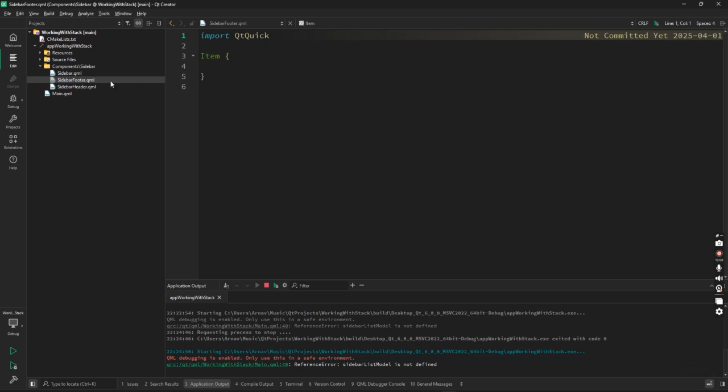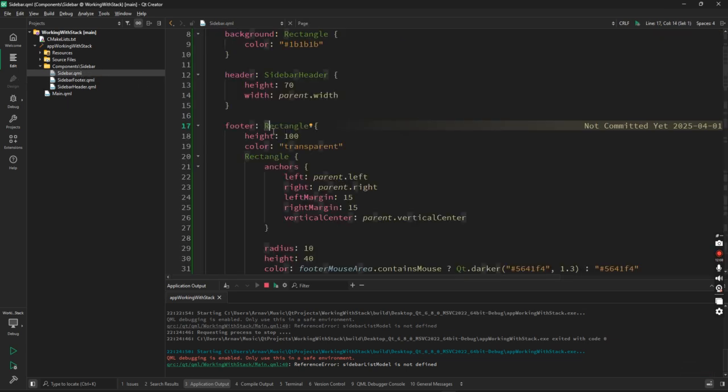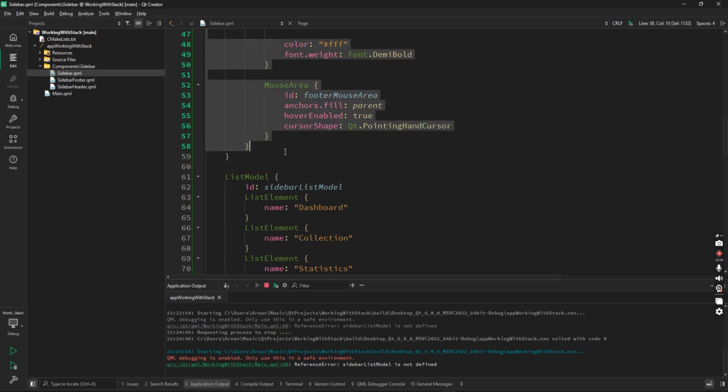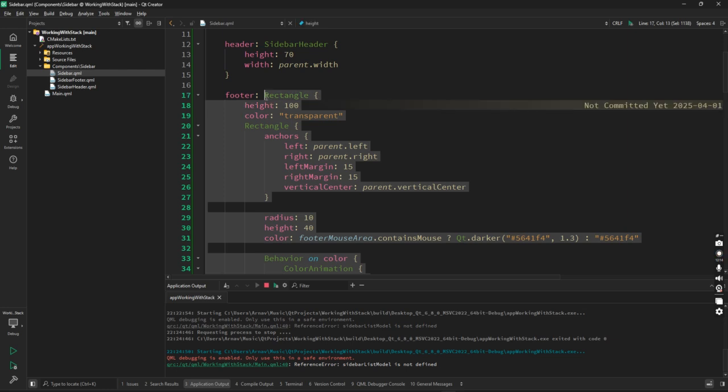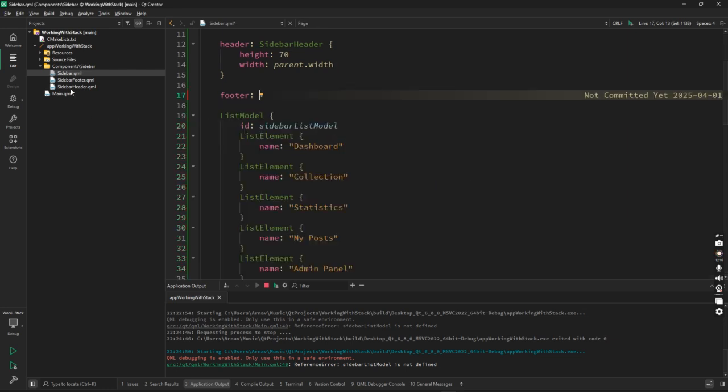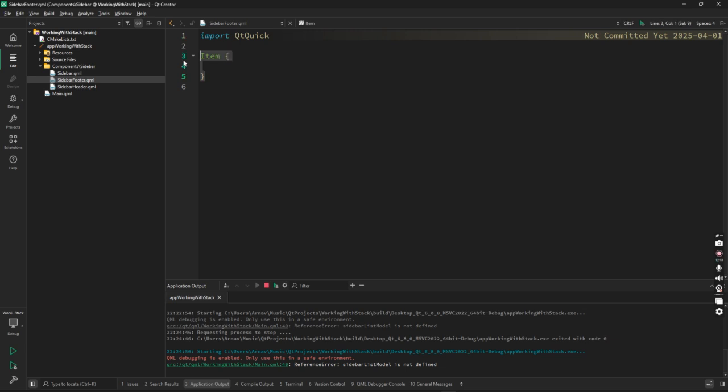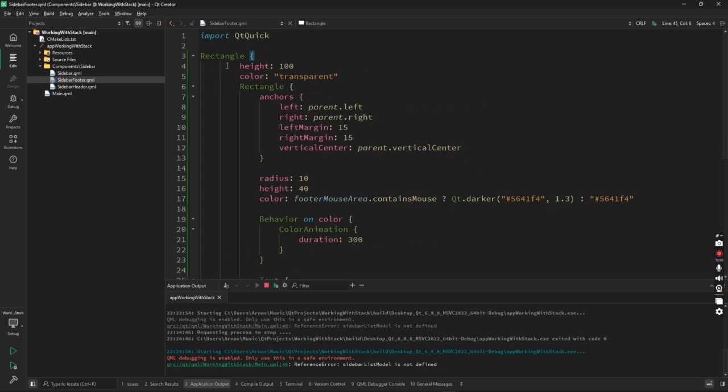And see, sidebar footer is added. Now just copy this again. Let me copy this one more time and paste here. If you see rectangle height 100 color transparent,